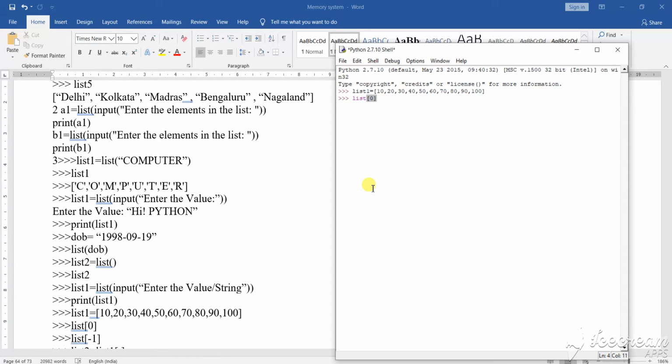Let's see what it does. It is showing that there is a type mismatch. Since it has a type mismatch, it cannot take out the value.